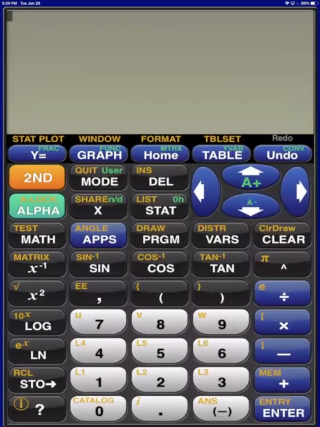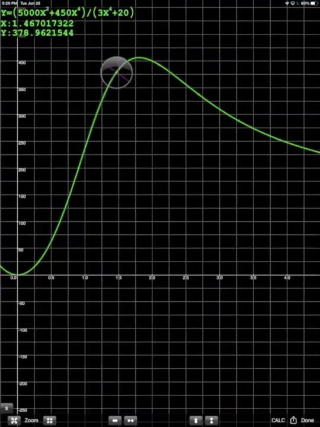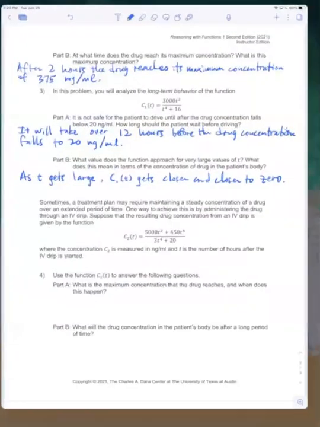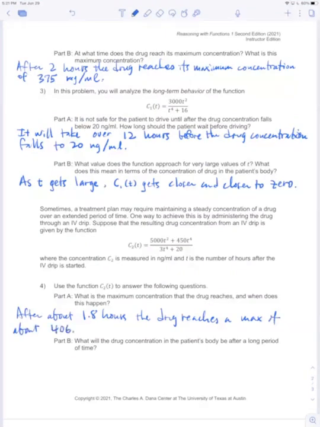I've graphed this here. I want to go to the y equals screen, and we graph this. And if we move this all the way to the top, we see the x is about 1.8, and the y is 406.3, roughly. And so that tells us, let's go back to our paper here, that after about 1.8 hours, the drug reaches a maximum of about 406.3